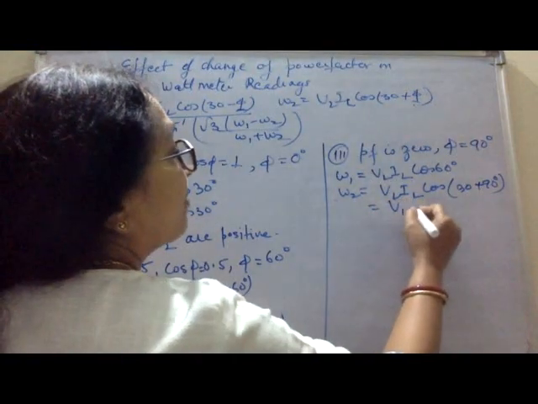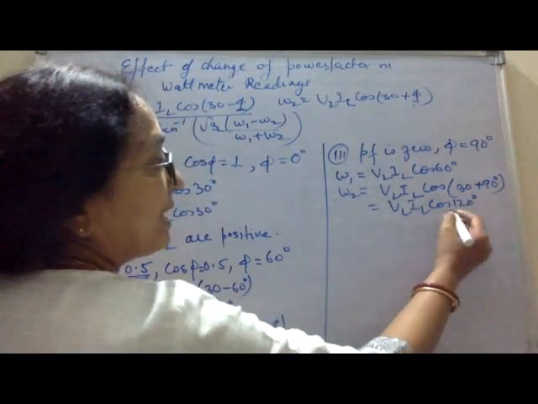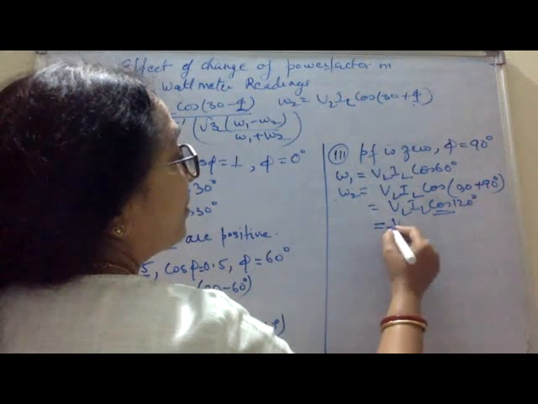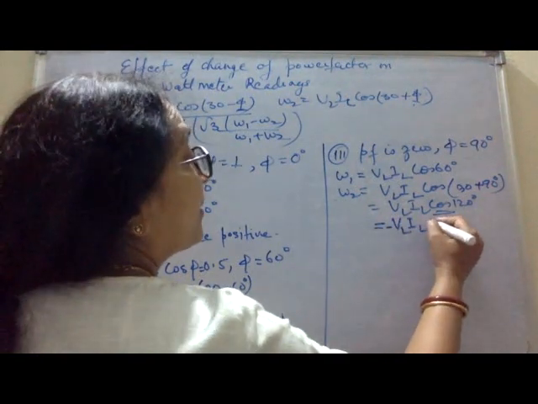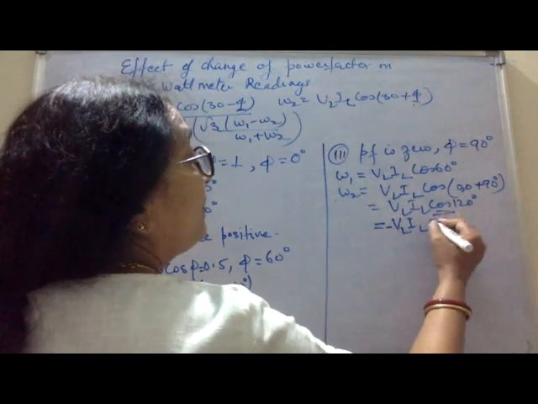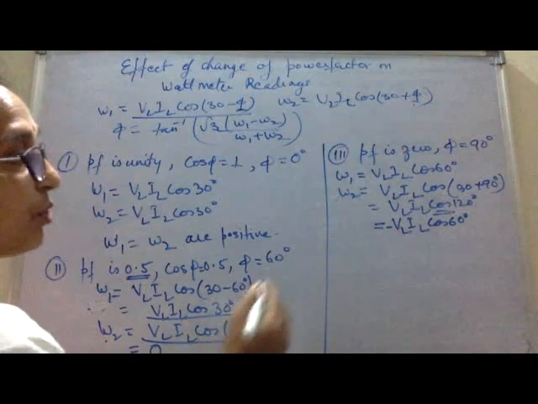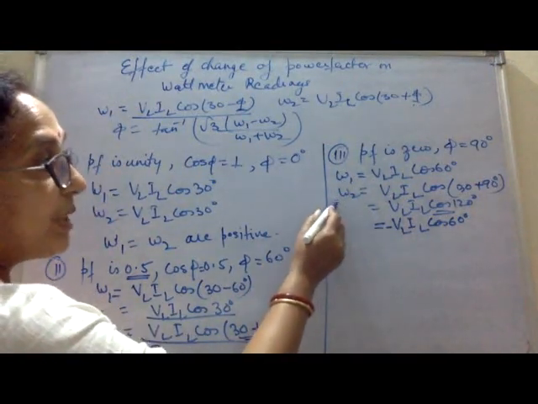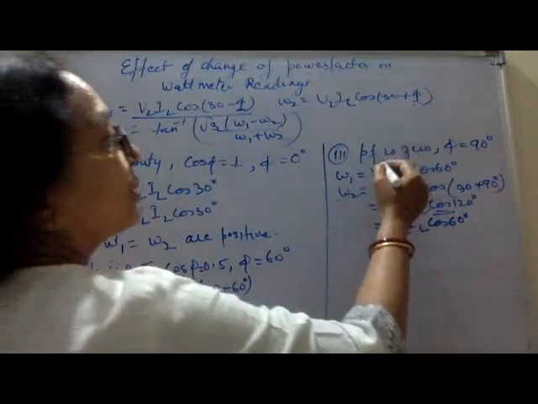That is VL IL cos 120. Cos 120 means this will be negative, minus VL IL cos 60. So W1 and W2 are equal, but W2 is opposite of W1,